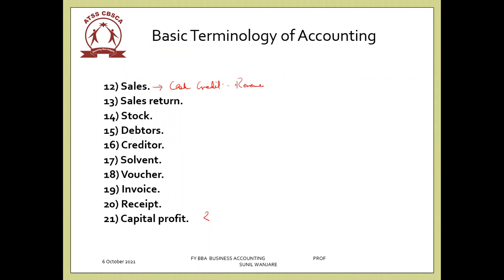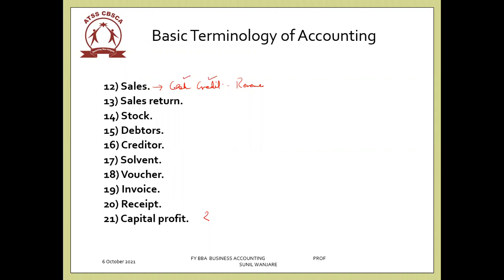So sales is all those goods which you purchased and sold, or it could be that you are a departmental store or a shopping mall where you're not manufacturing. You're buying in bulk and supplying in small quantities. So that is your sales. Sales could be conversion of raw material into finished goods and selling, or buying in bulk quantities and selling in small quantities. And sales are on two bases, cash basis and credit basis.